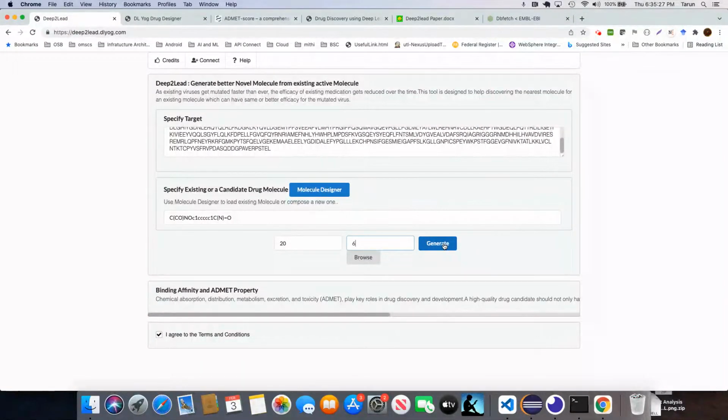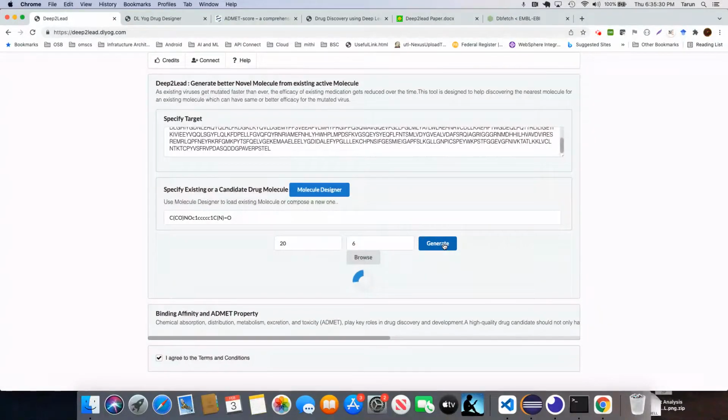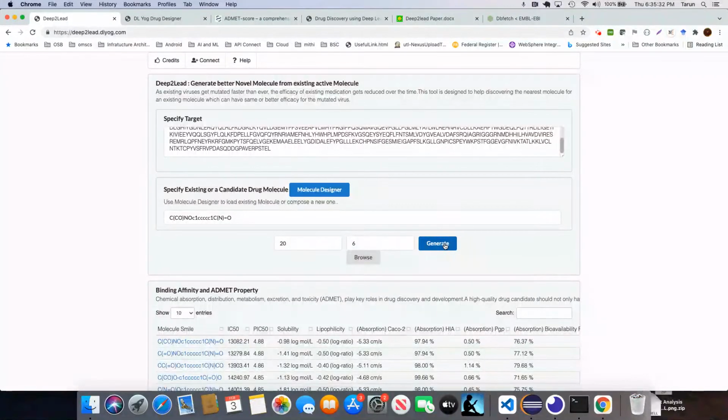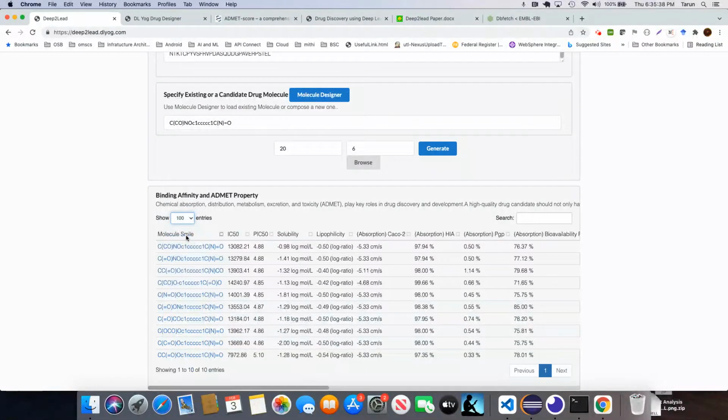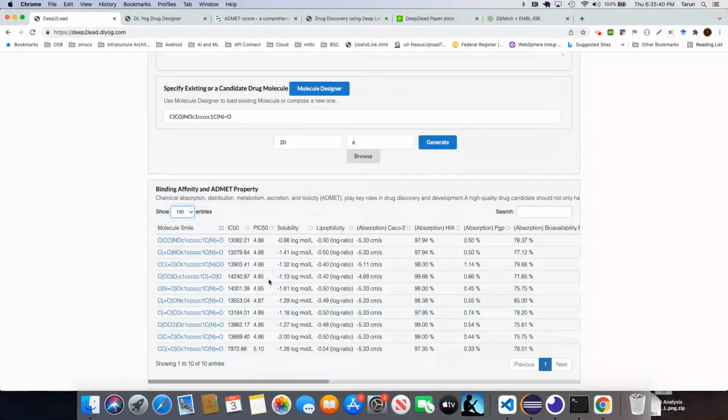It may not be successful at the first attempt, so let's see. Wow, okay. Within the first attempt itself, it's very successful. It gave us 10 molecules altogether, which is very good, and we can see their IC50 and pIC50